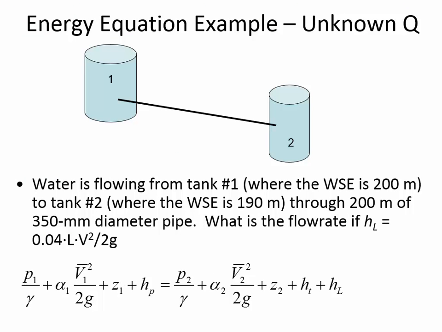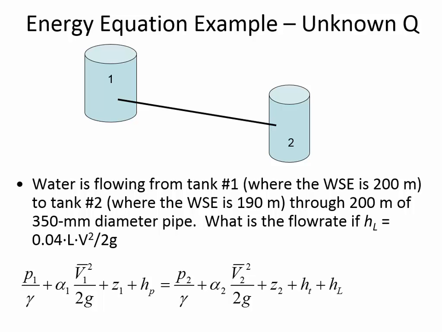Okay, so the difference in elevation between the 2 points is what's driving the flow. You know, the bigger the difference in elevation, the faster the velocity. It's the driving force that causes this movement through the pipe. So with the 10-meter deflection between the reservoir on the left and the reservoir on the right, then we just